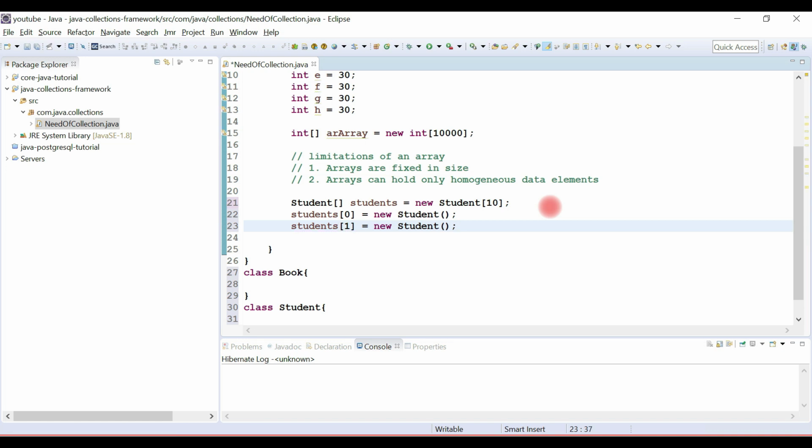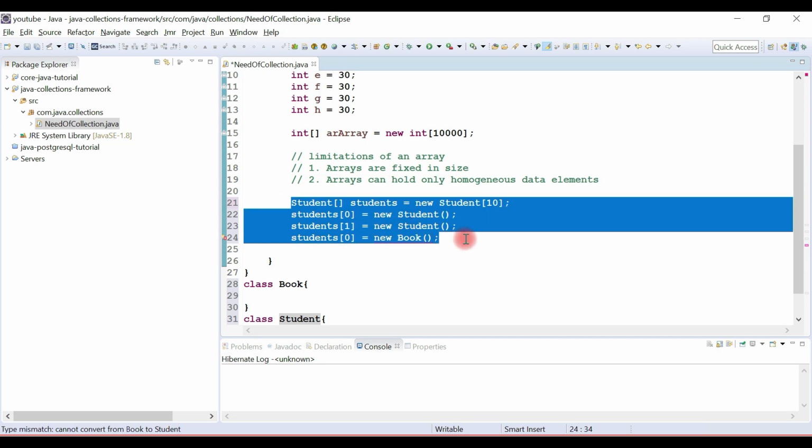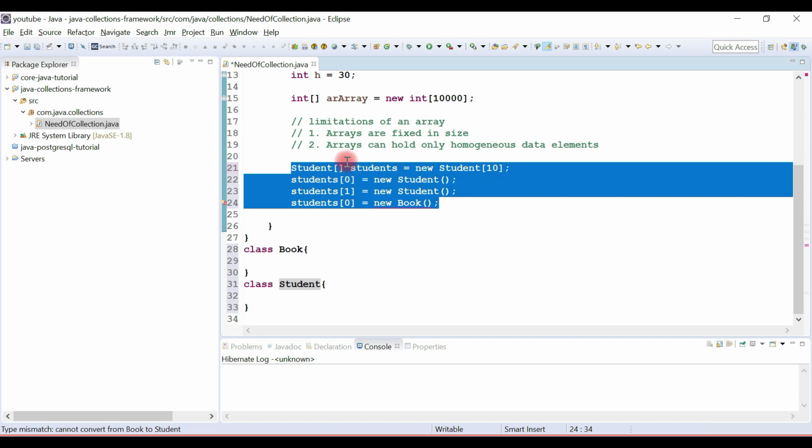And if I try to add a different type of object like Book, this must give a compile time error, that is a type mismatch error: cannot convert from Book to Student, because arrays can hold only homogeneous data elements. It means it can hold only similar types of elements. We cannot store different types of elements in an array. Understood? So this is the limitation of an array.